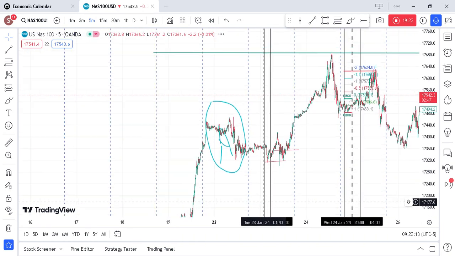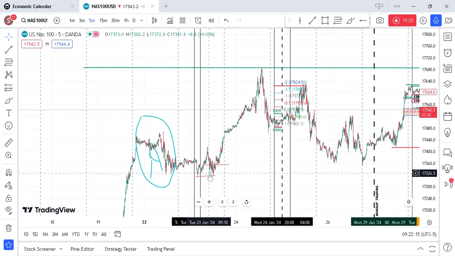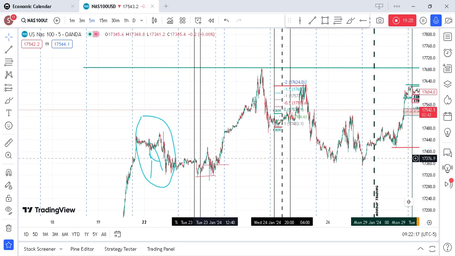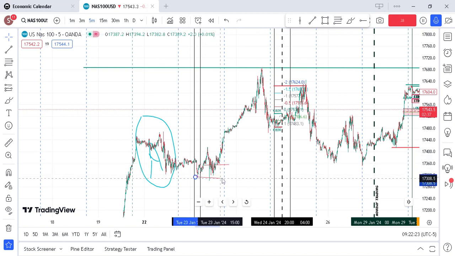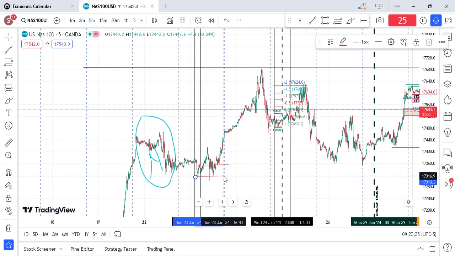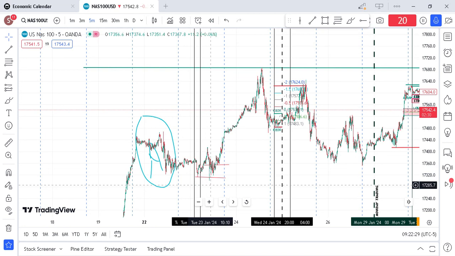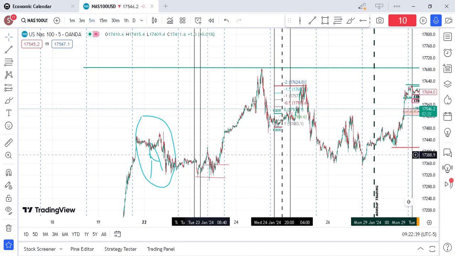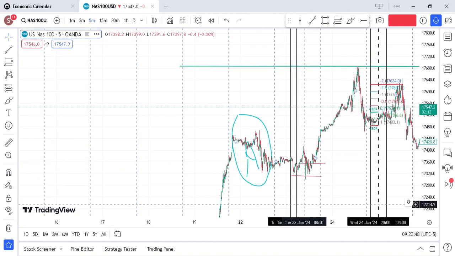So, what happened when the market took out the low? This is what happened. This is the sell side, as you can see. Now, this is the sell side that was taken out on Tuesday. Once the market took out this sell side, what did the market do? Before it took out this sell side, it gave the high. It indicated that it was going high because